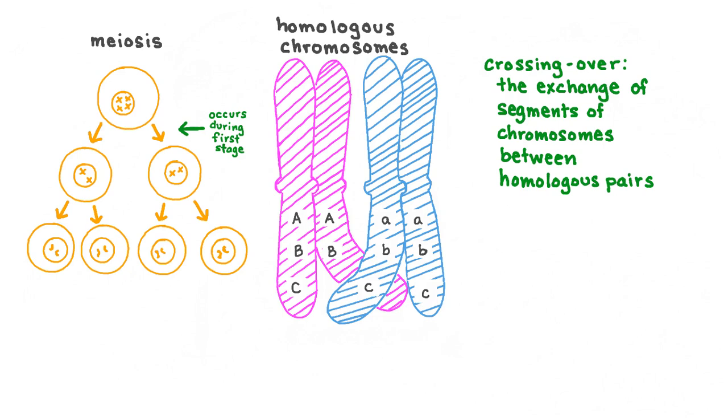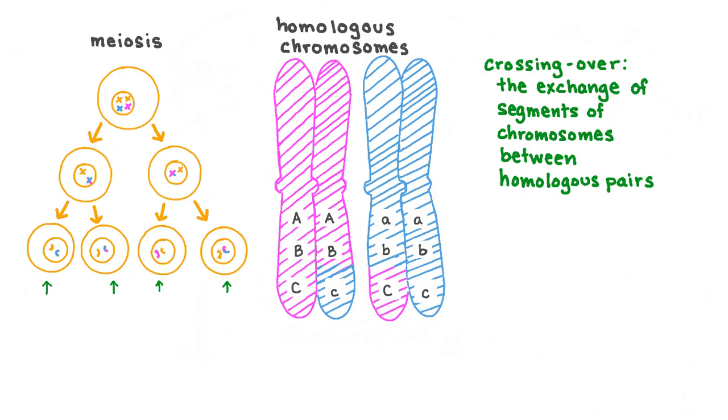During the crossing over process, the homologous chromosomes actually physically exchange portions of the chromosome, so that afterward, the two replicated sides of each chromosome are no longer identical. We can see that on the first chromosome, on the side where crossing over took place, the chromosome still carries the dominant alleles for genes A and B, together with a recessive allele for gene C. And for the second chromosome in the set, on the side where crossing over took place, the chromosome still carries the recessive alleles for genes A and B, together with a dominant allele for gene C. We now have combinations of alleles different from those seen on the original chromosomes.